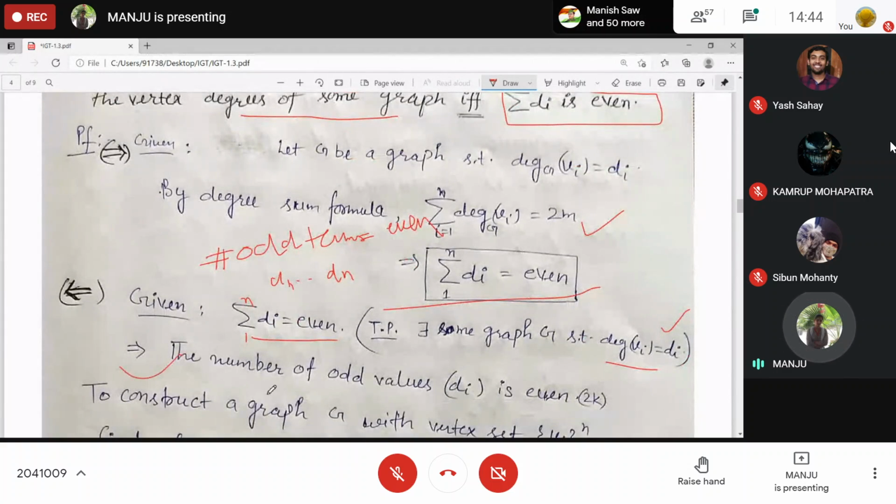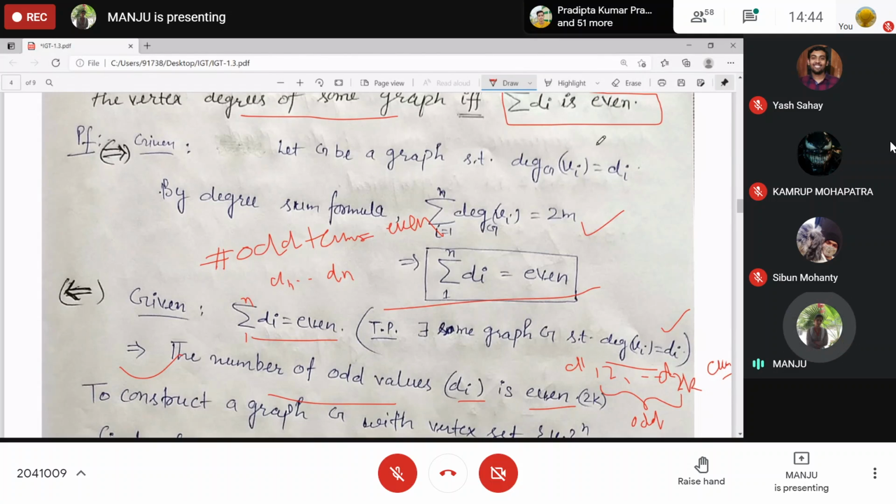So the number of odd terms, if at all they exist, is even. Suppose there are 2k odd terms, d1, d2, d3 up to d2k. And the rest, d2k plus 1 up to dn, are even. Clear?